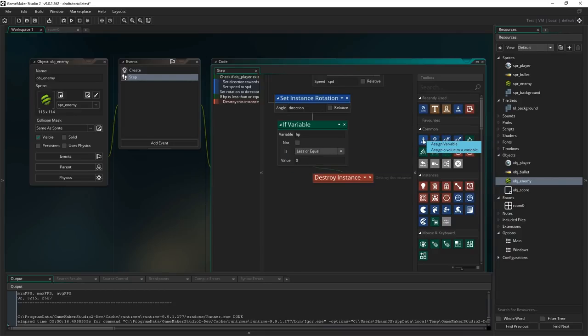So go to assign variable and drag that in just here above destroy instance, so it's still connected in this green line here. And we're going to assign the variable score to relative 5, which means we're going to add 5 to the value. Okay, if we untick relative, it would just set it to 5, but if we tick relative, we're adding 5